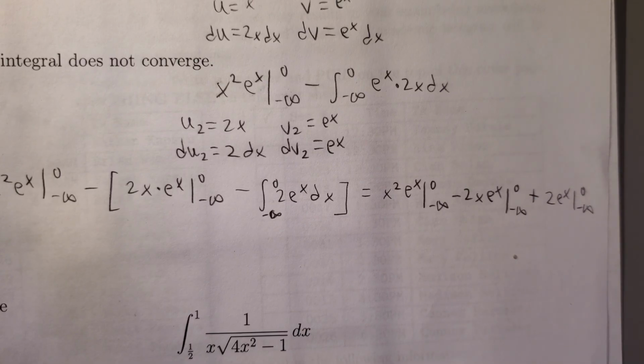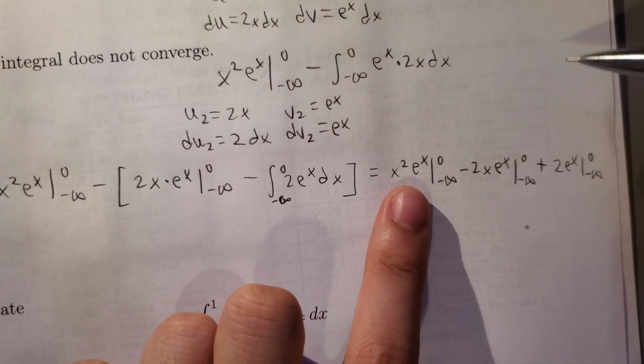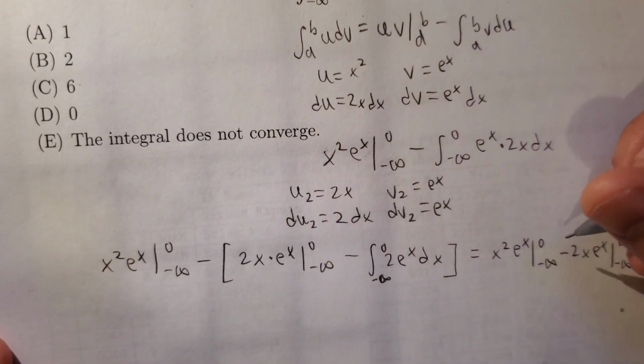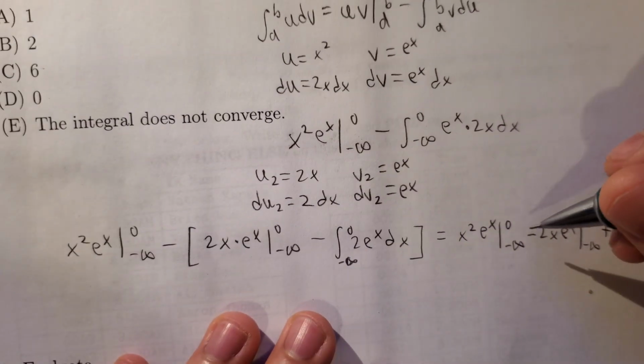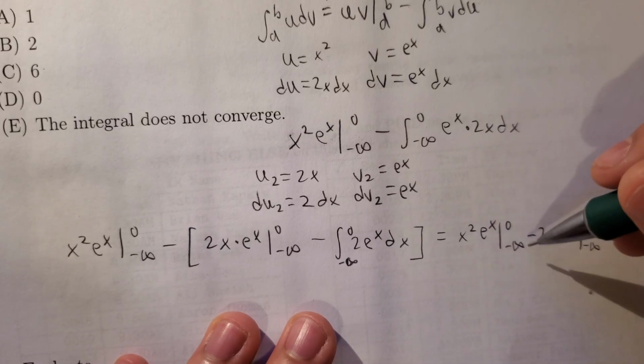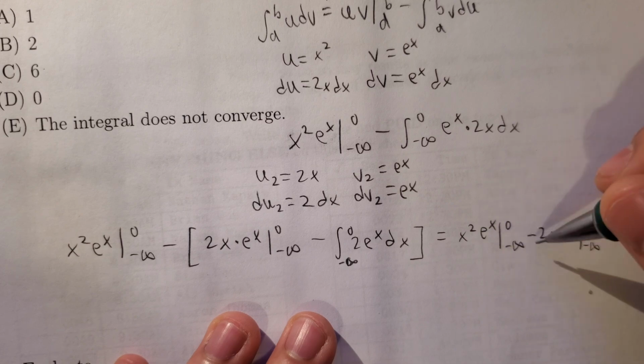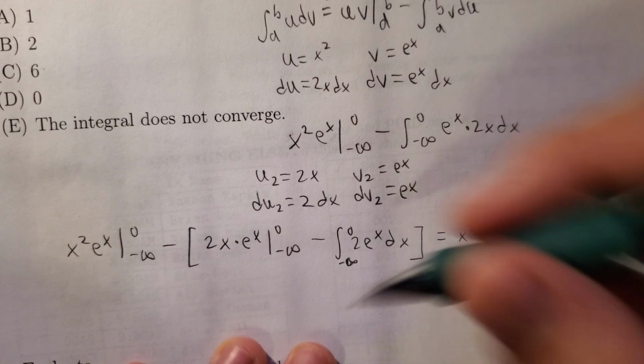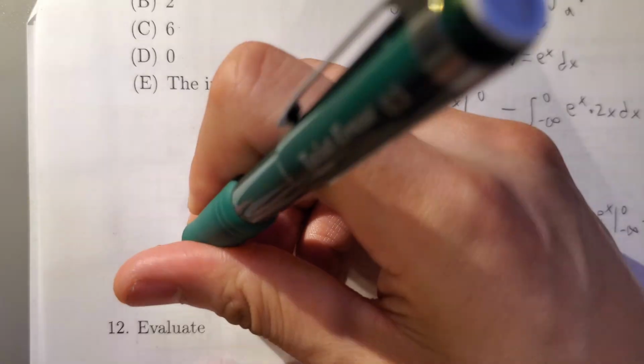You don't have to evaluate these limits individually, because you'll see. I'll start with this one, and you'll see what I mean. So first off, the upper boundary is 0, so we know that it's going to evaluate to 0 at the upper boundary. So you end up with 0 minus